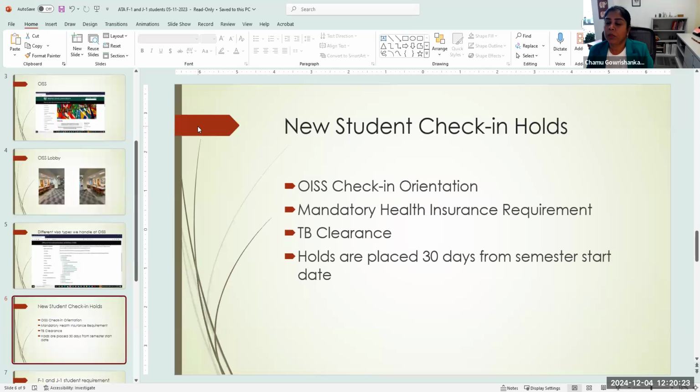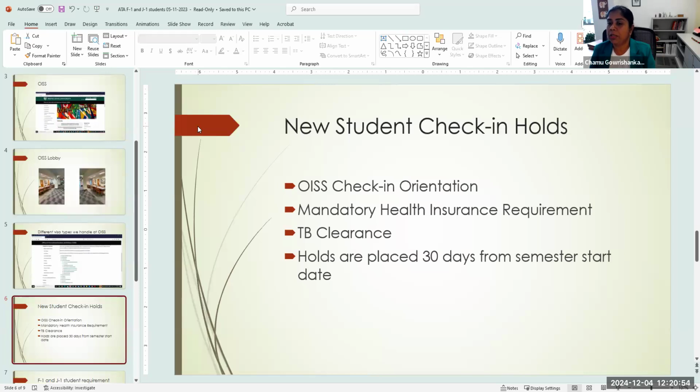And then if you are seeing a continuing student who's trying to register, most of the time you will see a health insurance hold because the health insurance is either purchased semester-based or annual. So if a student purchases an annual plan, then there's no worries till the next year. But you will sometimes see a student getting a hold every semester because they are doing the semester-based plan. And so their hold will be there.